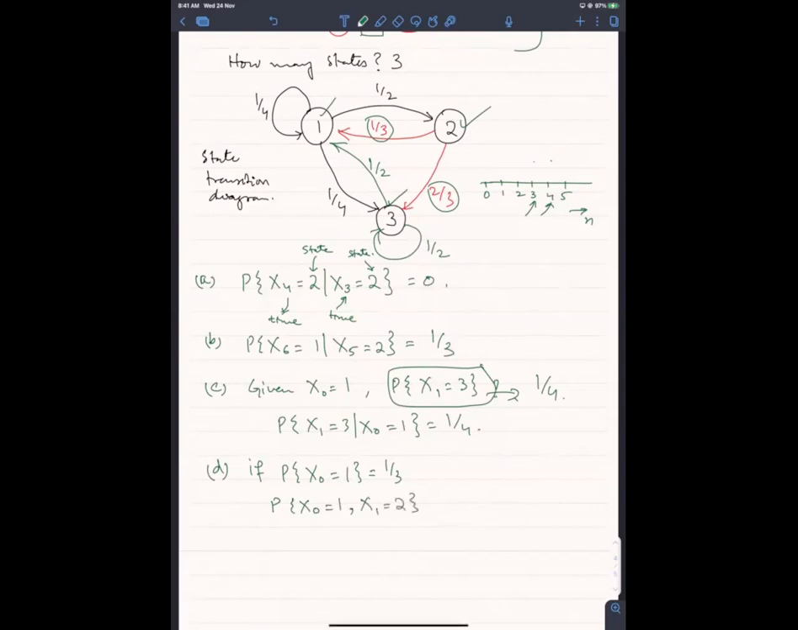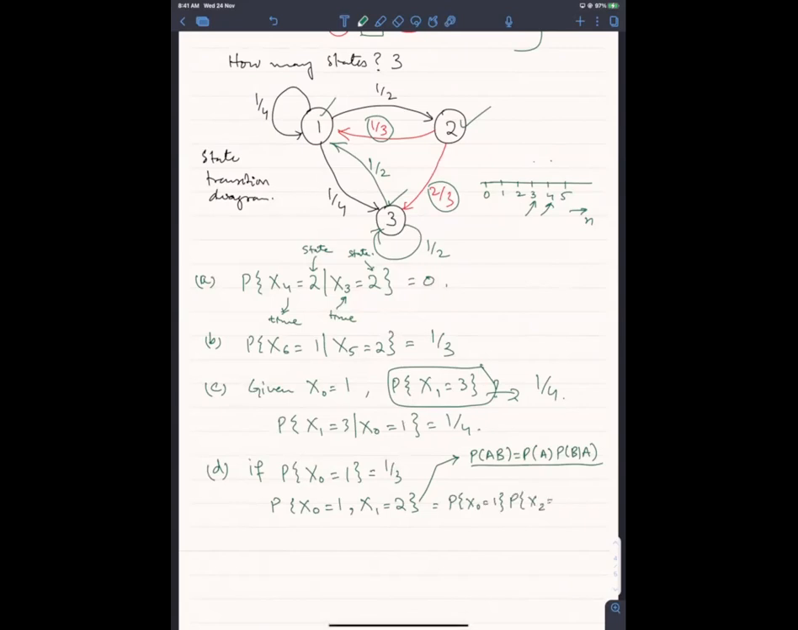What is the probability x0 is equal to 1 and x1 is equal to 2? So here we will apply the multiplication rule. Probability of A and B is equal to probability of A into probability of B given A. Multiplication rule. Okay? So this would be equal to probability x0 is equal to 1 into probability of